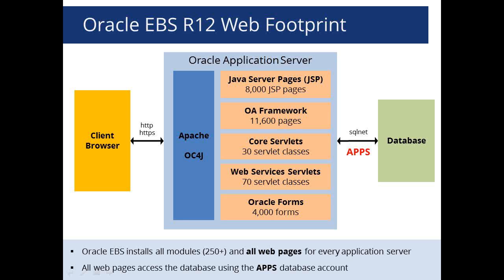And then the second major issue with the Oracle E-Business Suite, and this is just the way web applications often work, is that whenever you access the database, all access from the application server uses a single account, the apps account. The apps account in the database owns the data. It owns the application. So anytime I can compromise the application server, I have full access to the database. So even though I may not be running Oracle HR on the internet, if there is a compromise within the application, maybe a SQL injection bug, or I can do something else to the application, I can potentially access any